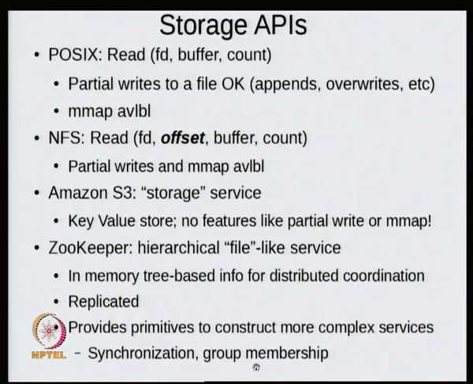Oftentimes when you are trying to make some value the same in all places, for example, consistency, you might want to send messages across. When you are sending messages across, it is important that all the messages be received in all the places in the same order. Sometimes it is very important. Okay. If there are two sets of messages, one modifying A and one modifying B, and some messages that go to certain clients of A get interspersed with messages for updating B, sometimes it can have very peculiar results.